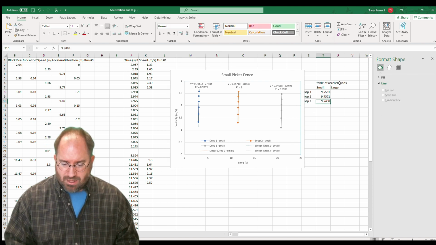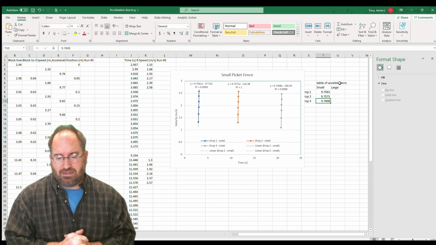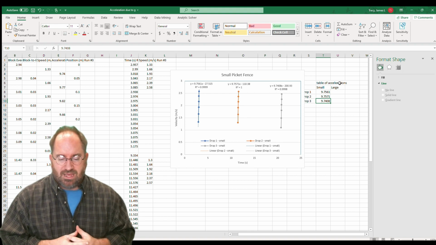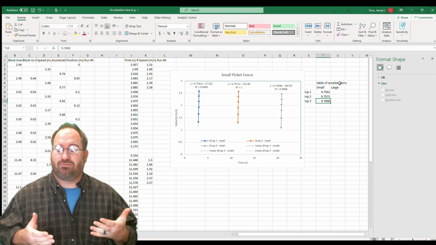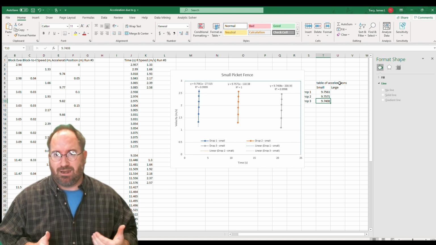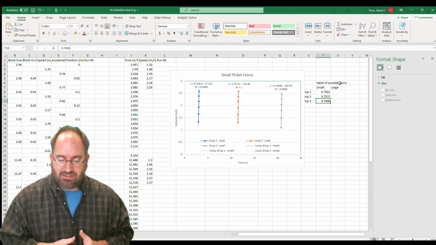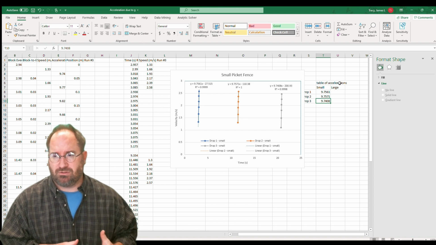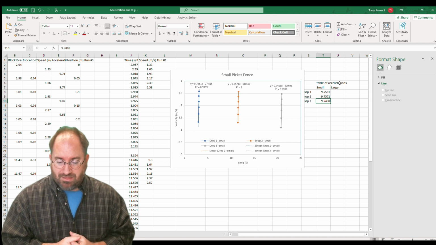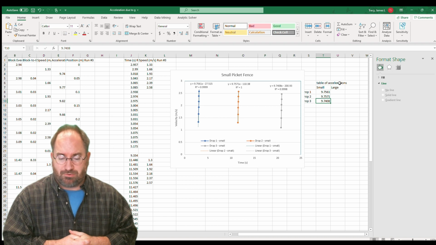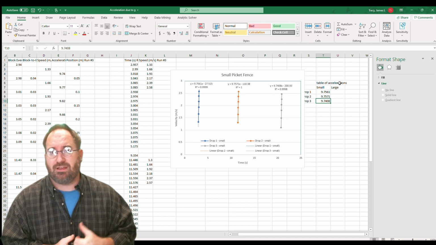Now, one of the things that you also have to take into account is the statistical details. The R squared is the goodness of the data, how good does it fit. These are really close to 1. That means the data is very close to agreeing with the type of equation that we picked out. We picked out a line, a linear, and so the fact that these are really close and there's no other evidence that suggests that it should be different or that we have a badly errant data point suggests that these are really good. Now that you've done this, you can repeat the same process for your large picket fence